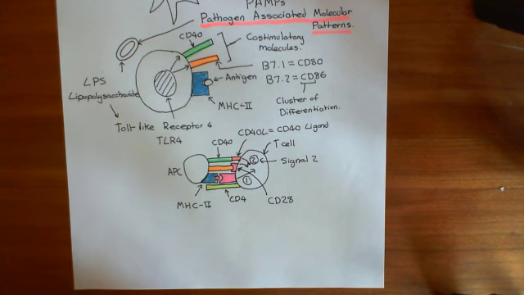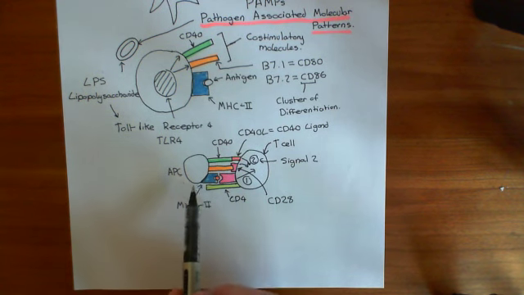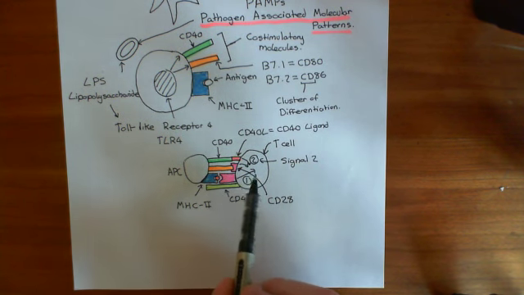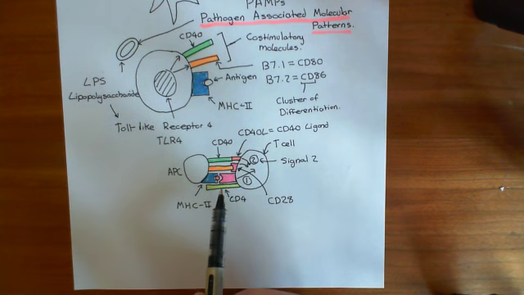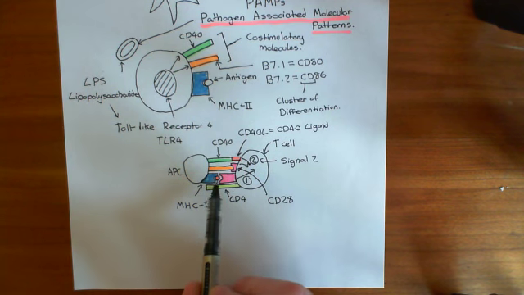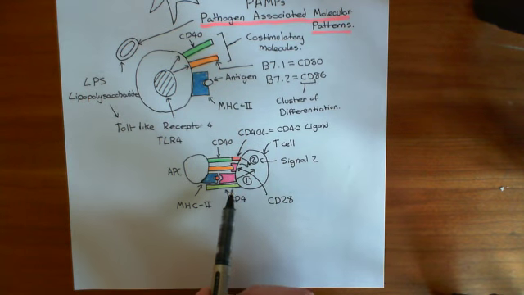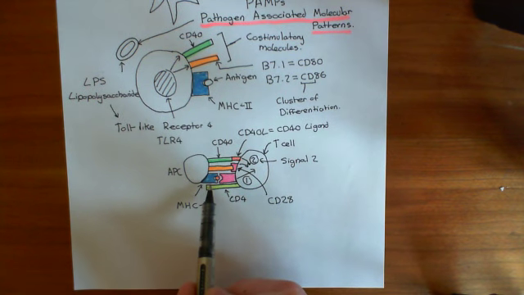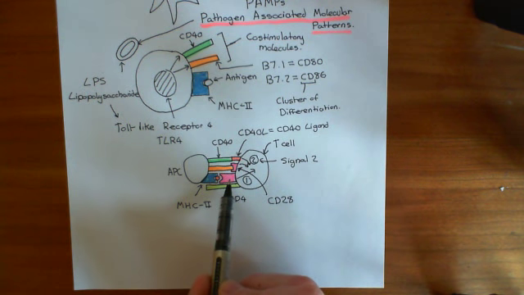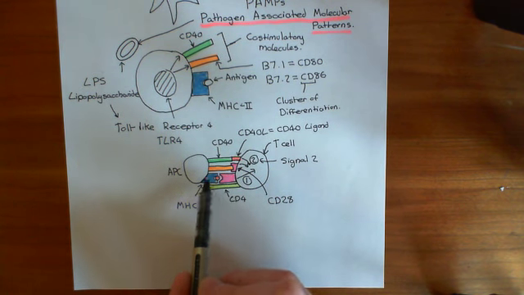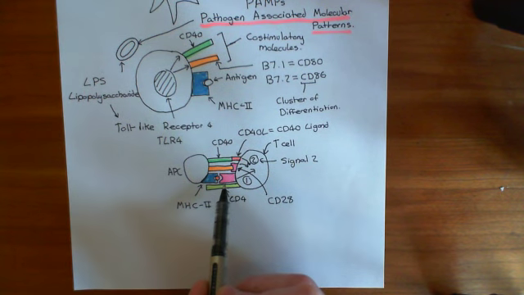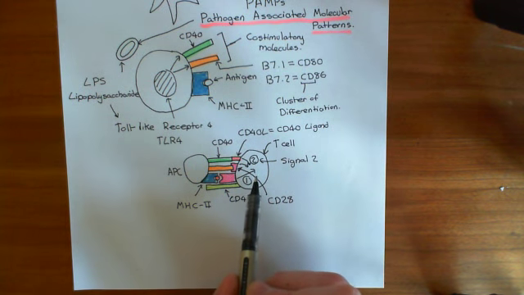slightly different T cell receptor, and that T cell receptor will bind onto different antigens basically. So this antigen presenting cell will have to look far and wide to find a T cell which has a T cell receptor which can actually bind to the antigen fragment that is docked in this MHC complex. Then when it does find that, the CD4 will also bind to the MHC, and together the T cell receptor and the CD4 binding to this MHC antigen complex will then deliver signal 1 for activation of the T